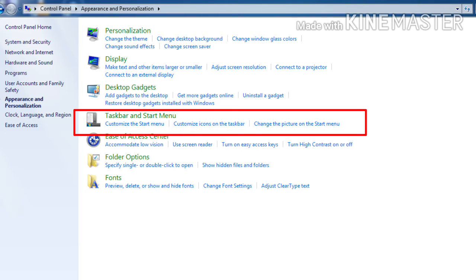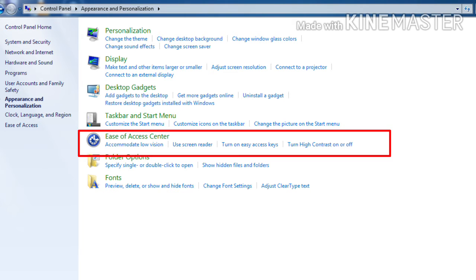The next applet is ease of access center, through which you can use the screen reader, turn on easy access keys, and also accommodate low vision.